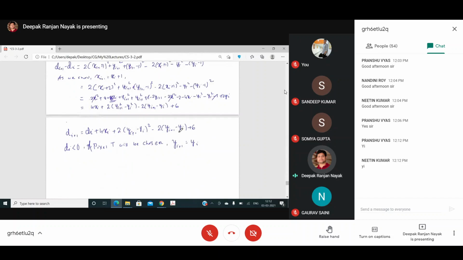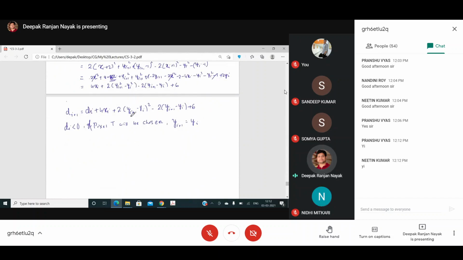So now you replace the value of yi in place of yi plus 1. And if you want to derive the equation, now tell me what will be the equation here. What will be the value of d of i plus 1? If you replace yi with yi plus 1, di plus 4xi, replace y plus 1 as yi minus yi got cancelled, positive negative, the value will be 0. Here also it will be 0. So di plus 4xi plus 6. This is what you will get